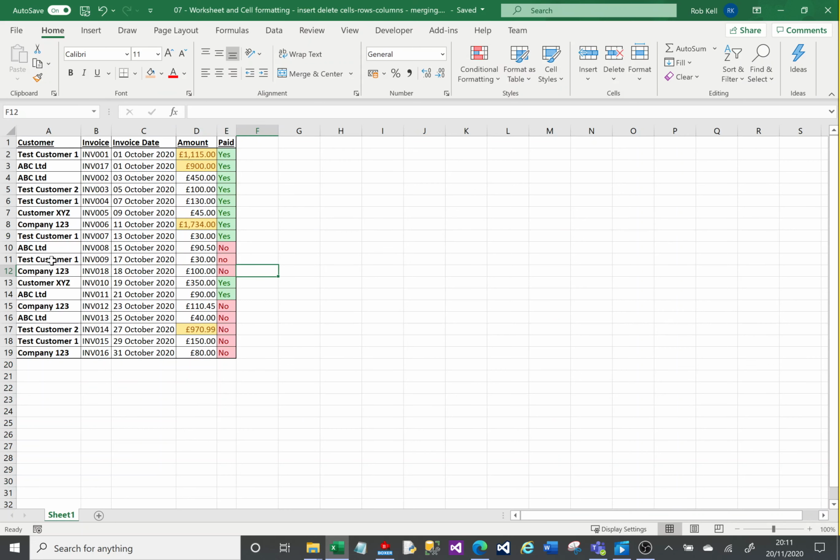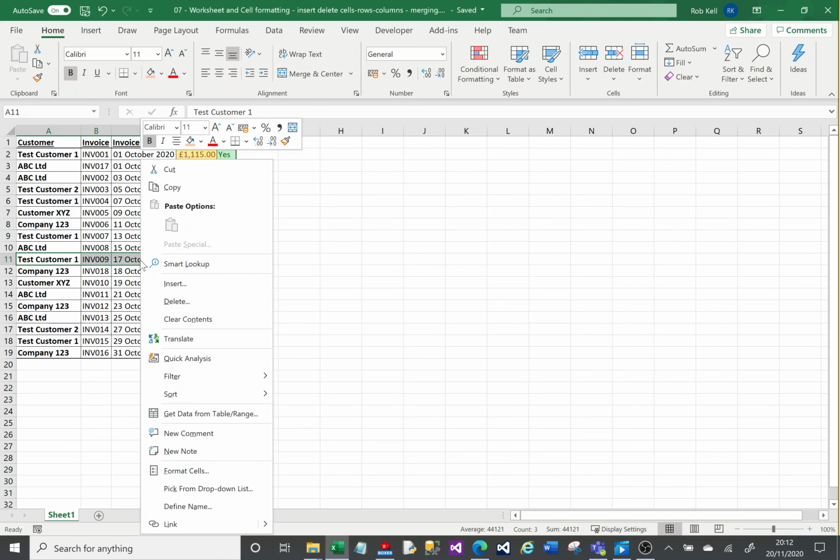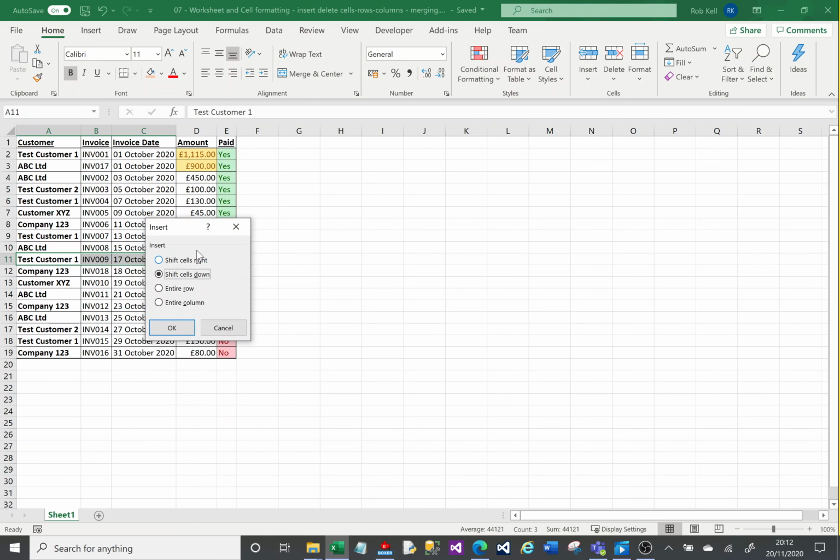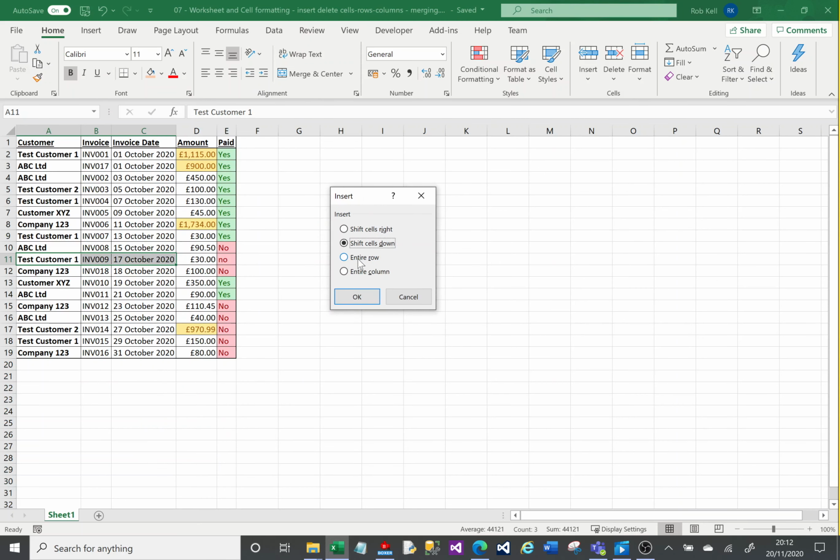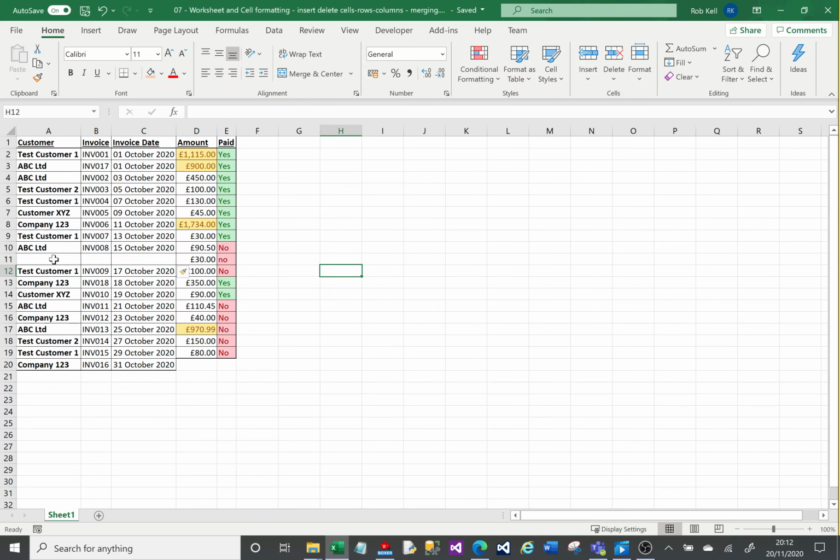Now you're not limited to inserting columns or rows. You can also say, I want to insert, and a little box pops up that asks what you want to do. Do you want to insert a full row or just the cells? And if it's just the cells, do you want to move the cells down? So I'll say yes, I want to move the cells down. It pushes these 3 cells and all the cells below them down and inserts blank cells there. Now if I undo that, as it was just a demonstration,